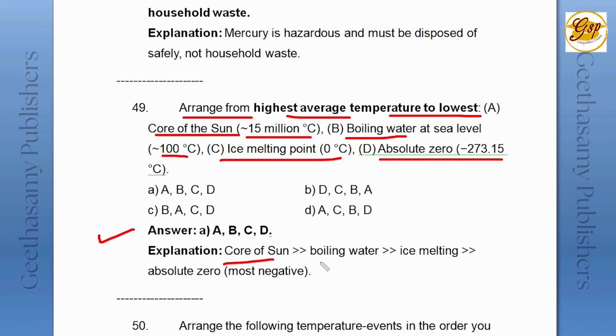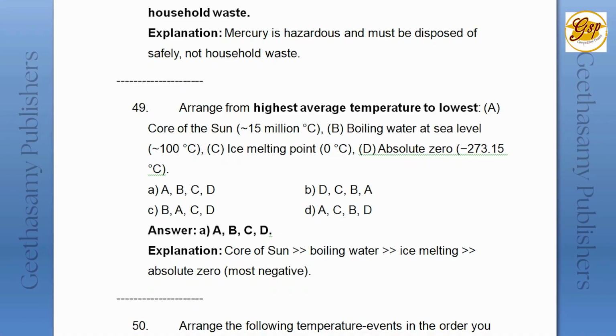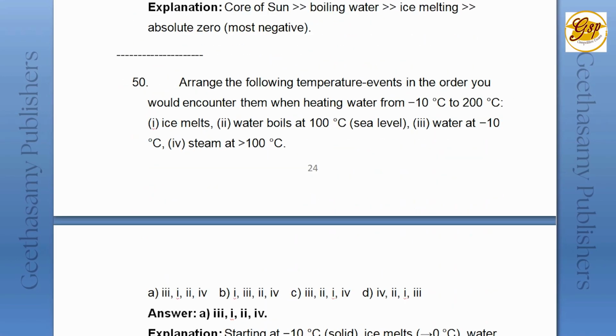So core, sun, then boiling water, ice melting, and absolute zero. Fine. And 50th question, arrange the following temperature events you would encounter when heating water: minus 10 to 200 degrees centigrade, ice melts at 0 degrees centigrade, water boils at 100 degrees centigrade at sea level, water at minus 10 degrees centigrade, and steam at more than 100 degrees centigrade. The answer is